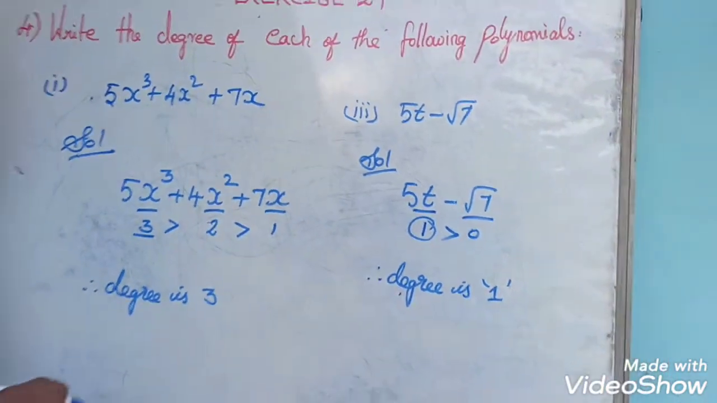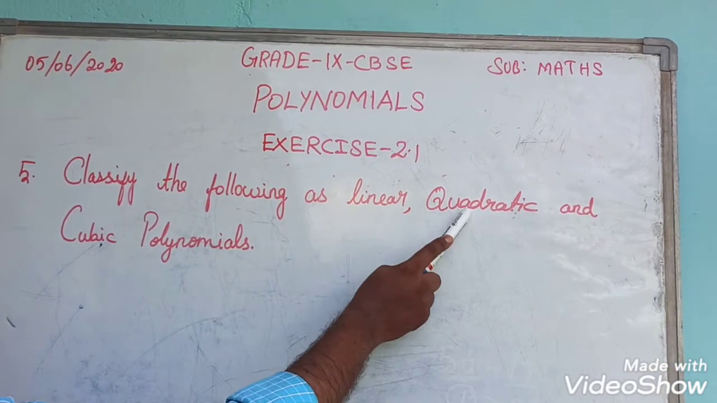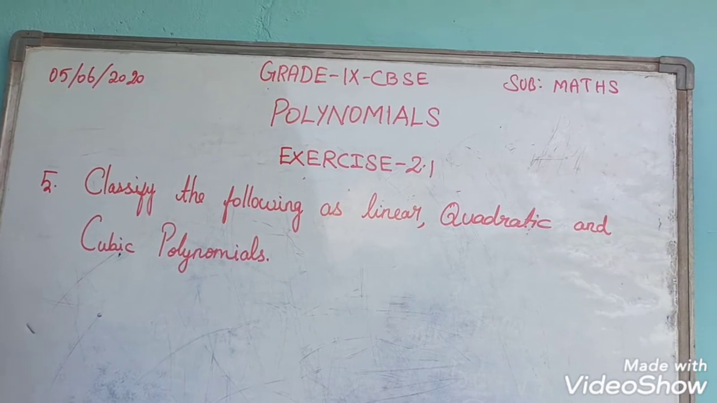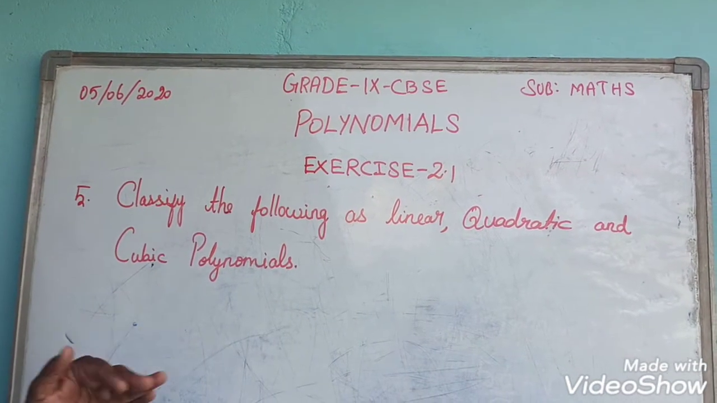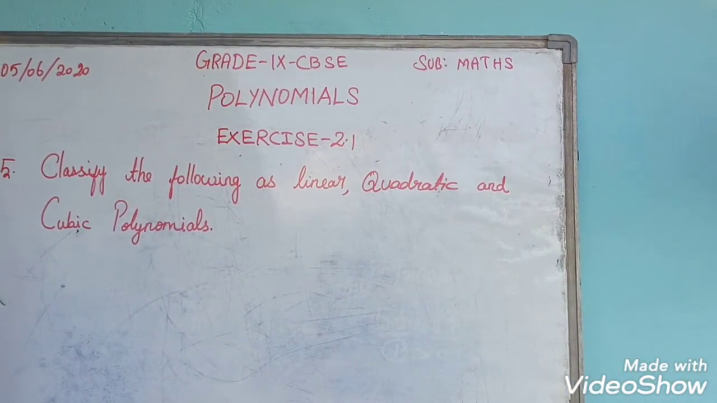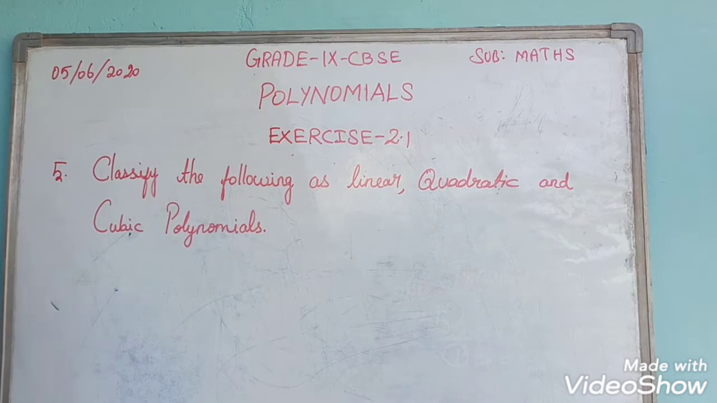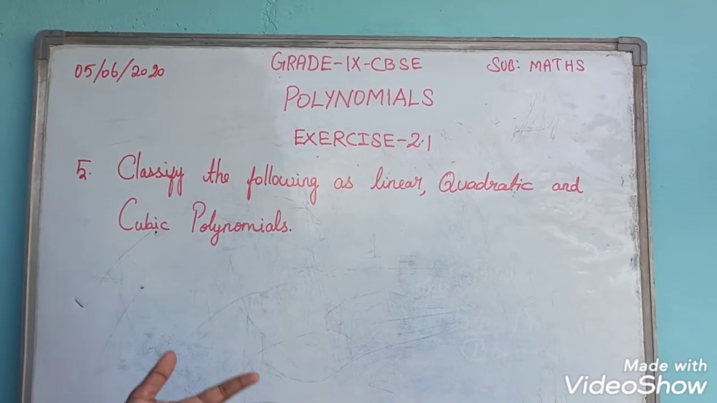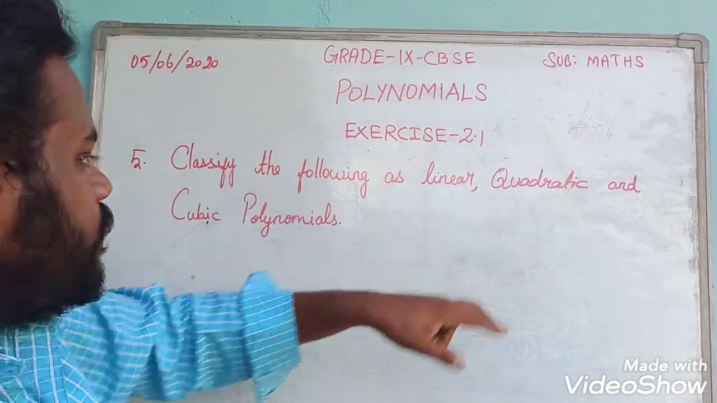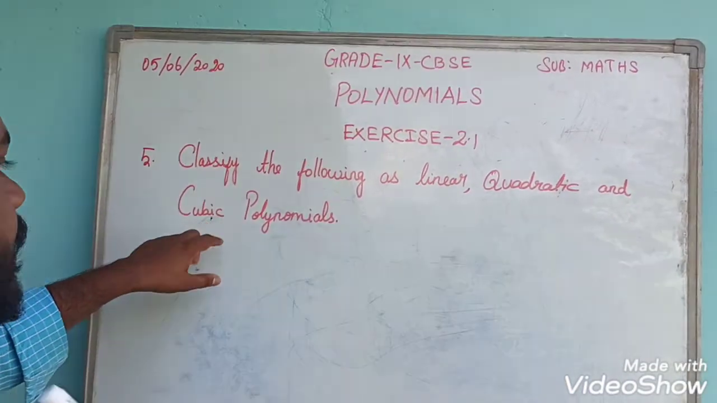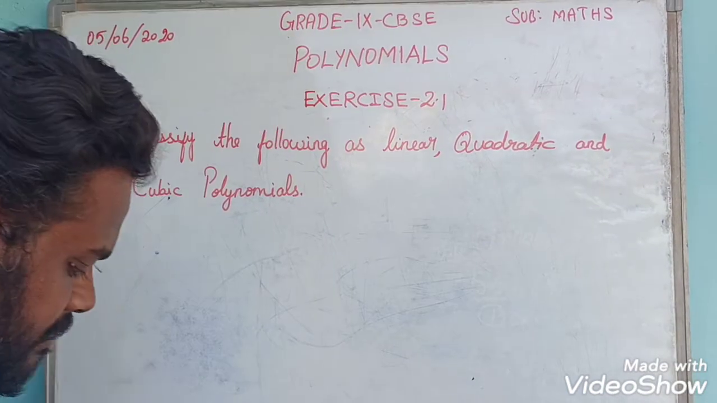So next we move on to Roman letter 5. Classify the following as linear, quadratic and cubic. How do you find out whether the given expression is a linear, quadratic or cubic polynomial? On the basis of degree, which is the highest exponent of the expression. On the basis of degree we have to classify whether it is linear, quadratic or cubic. Linear means the degree is 1, quadratic means degree 2, and cubic, as you already know, means 3. If the highest exponent of the expression is 3, we say it is degree 3, that is a cubic polynomial. First question,